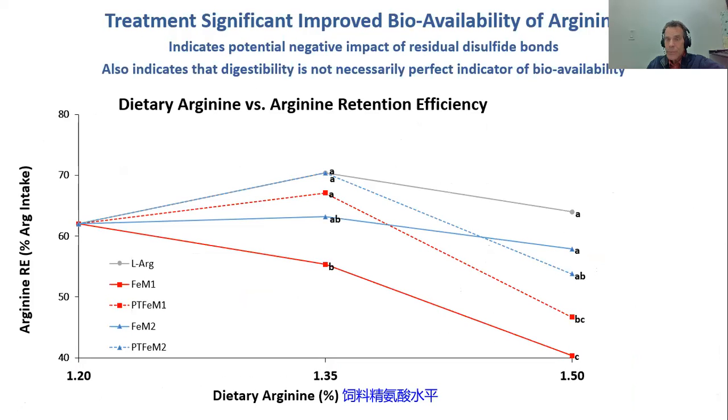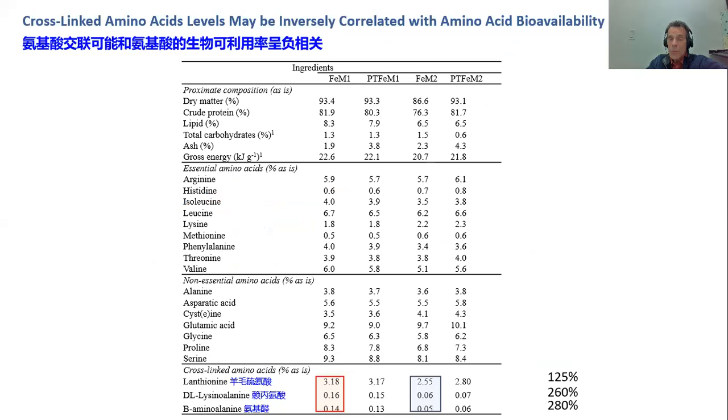So actually, this process of the formation of cross-linked amino acids may be responsible for the difference in digestibility and bioavailability of feather meals of different origin. You can see that this feather meal is 86% digestible. This feather meal is 85% digestible. Same digestibility in the diet, but different performance, meaning that some amino acids may be digestible but not bioavailable. There's a difference in the performance.